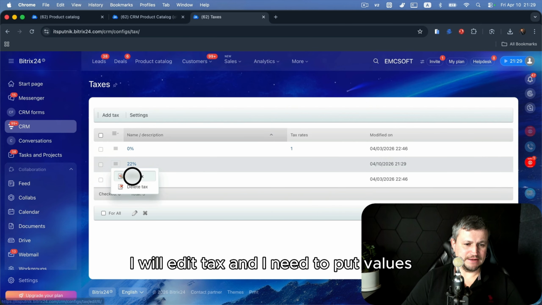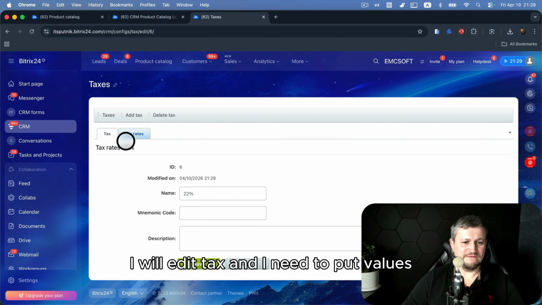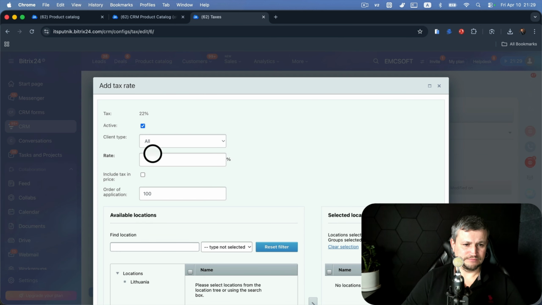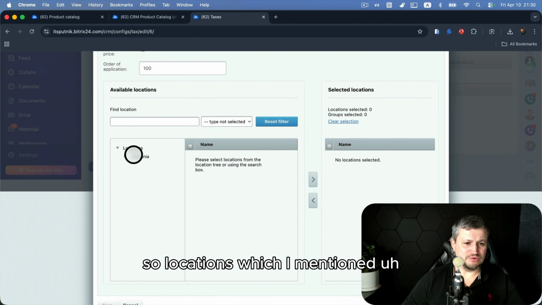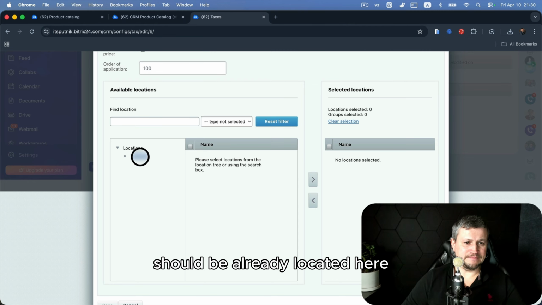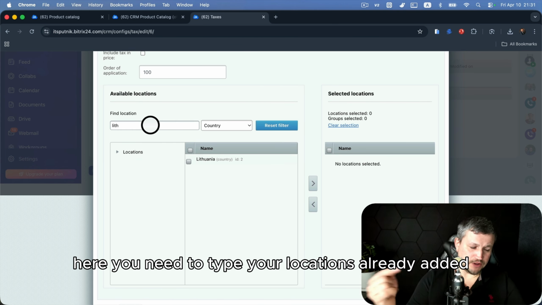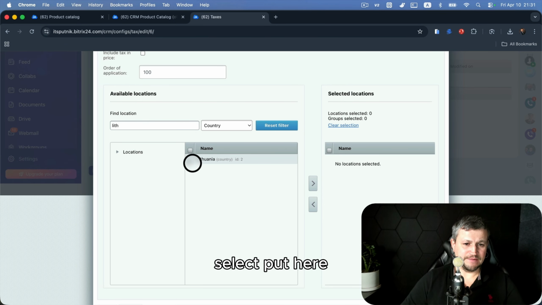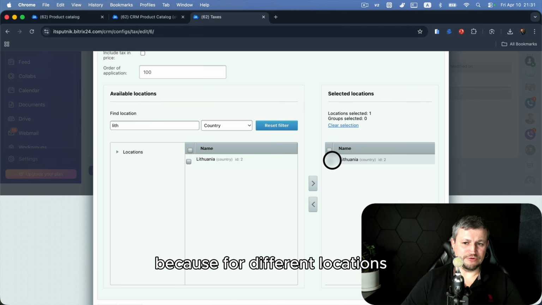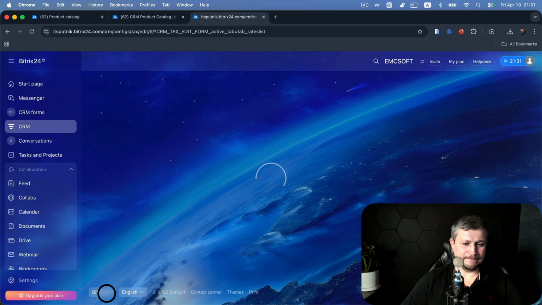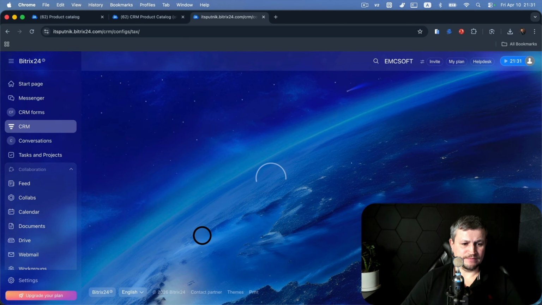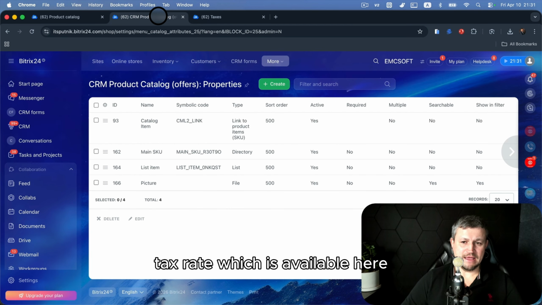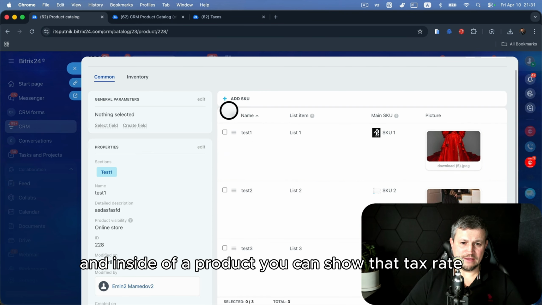Okay, it's 22. I will edit the tax, and I need to put values. So rate 22. Exclude tax from the price. The locations which I mentioned should already be located here. Here you need to type your locations already added. For example, Lithuania, select, put here. Because for different locations you can have different taxes. Add. Right, so we added the 24 VAT tax rate, which is available here,